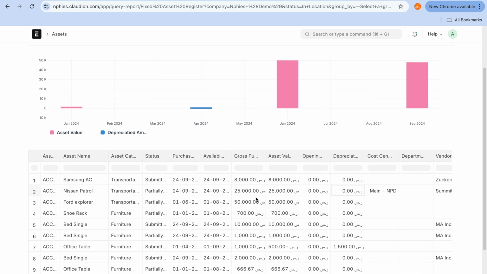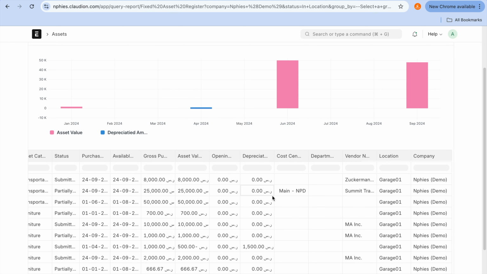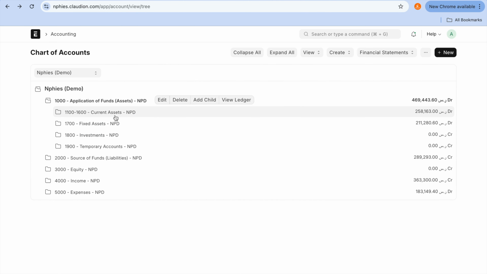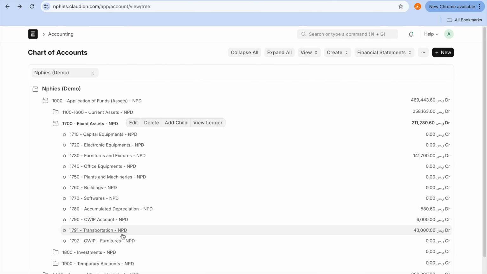You cannot see it anymore here because this 32,000 is gone. It's not in the asset anymore. It's scrapped and it's gone from our asset register. Now on the accounting impact,